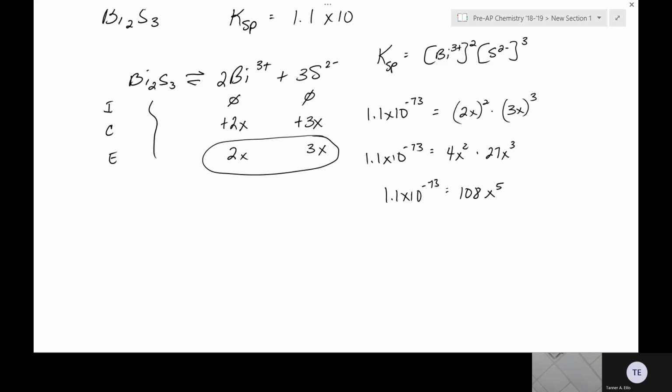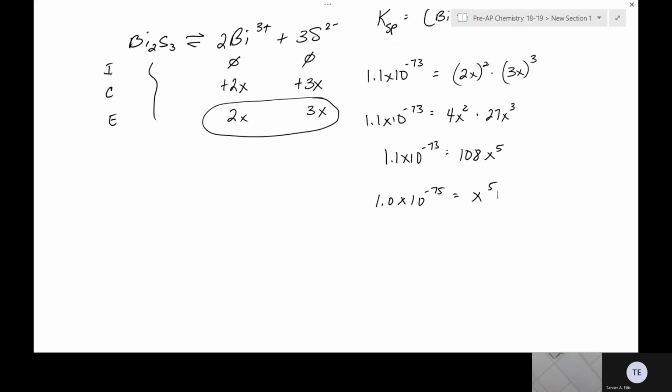Get something that's pretty ugly. 1.0 times 10 to the negative 75th is equal to x to the 5th. And you just take the 5th root. Calculator. So for x, I get